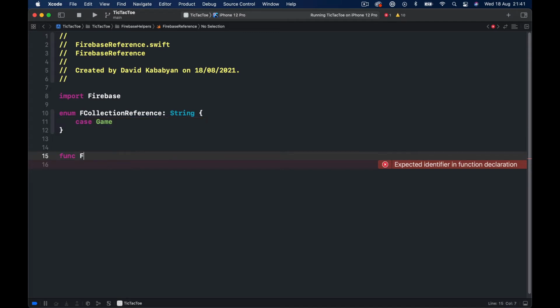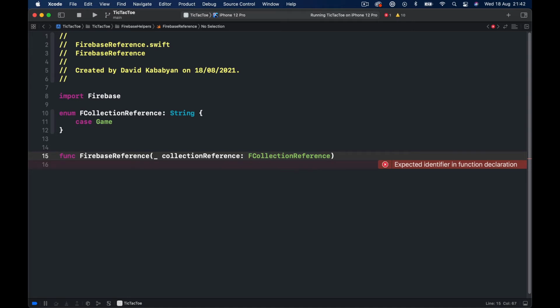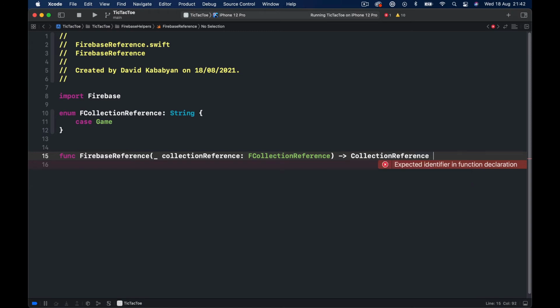So let's say Firebase reference, and we need to pass a collection reference, which is type of FCollection reference, and it's just a string. So we just use this enum in order to simply select the game or any other option you have there, and it's going to return a collection reference, and we simply say return,